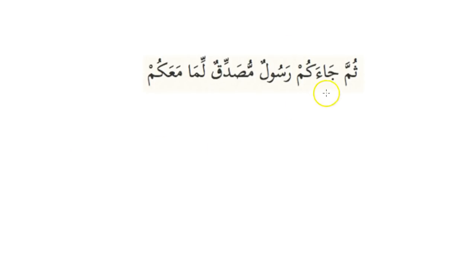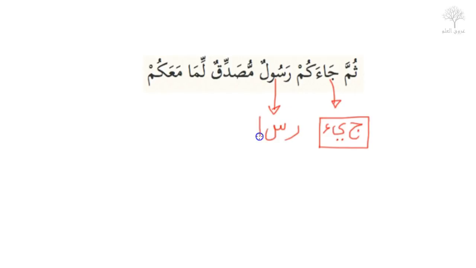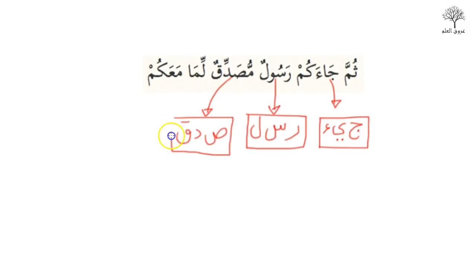So the Arabic language is made up of many words. For instance, you have ja'a here, which is made up of jim, ya, and hamza. These words actually have a particular meaning, just like any word you have. Likewise, you have the word Rasul over here. Rasul is also made up of three basic root letters, Ra, Sin and Lam. So this also has a specific meaning. And you have the word Musaddiq here. It's made up of Sad, Dal and Qaf.